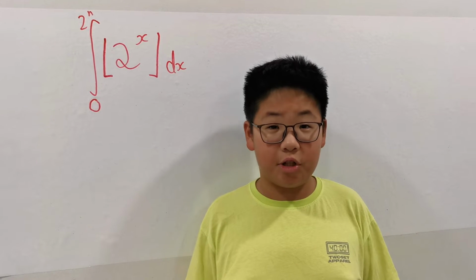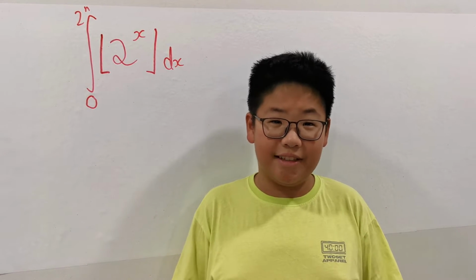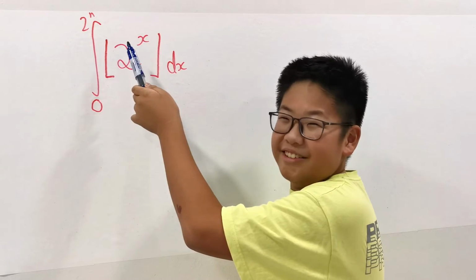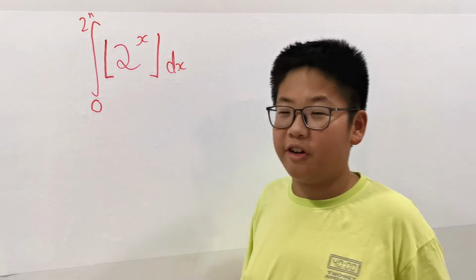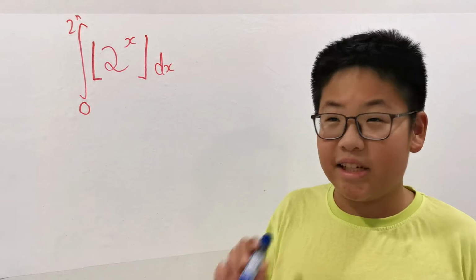Today we now solve question 1J of MAT Oxford 2013. Did I draw this wrongly? No, I didn't. It's a symbol called the floor function which returns the greatest integer less than or equal to